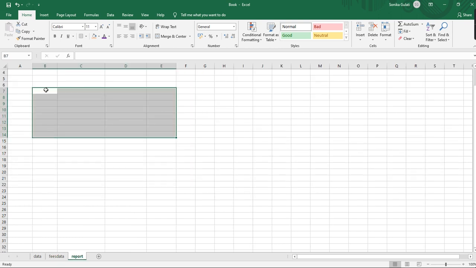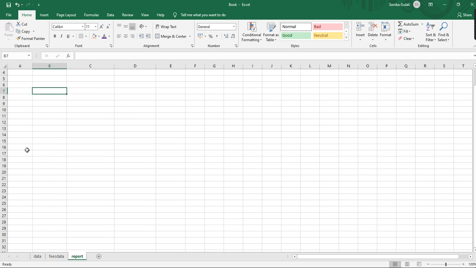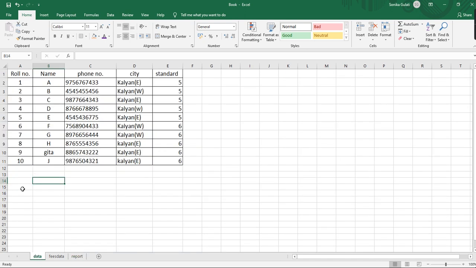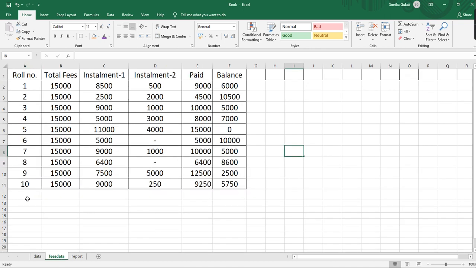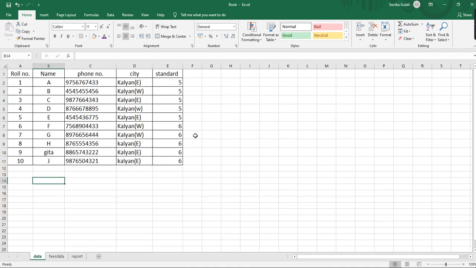Let's start. Remember, when you are working on VLOOKUP, HLOOKUP, pivot table, whatever the Excel concept, the first column should always be the primary key, having some code or numbers, like roll number for students, employee number, product numbers or item codes, so that the data is unique. Here we will work on roll number, which is the first column in this table and also the first column in the other table. So these students' fee details can be easily noted.